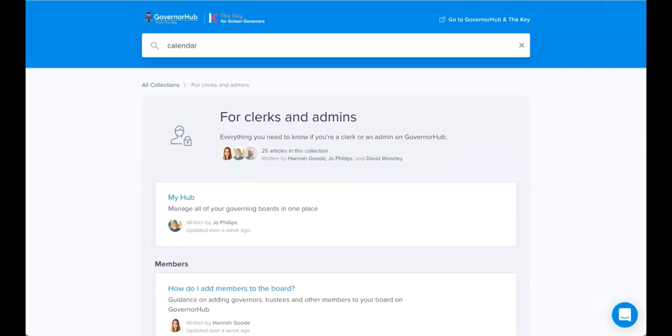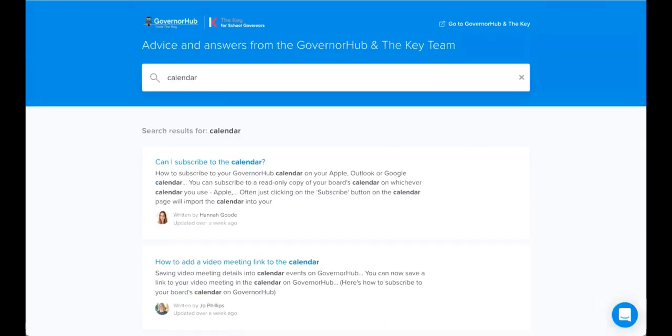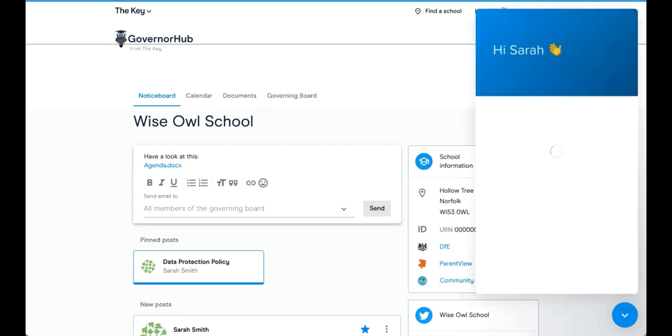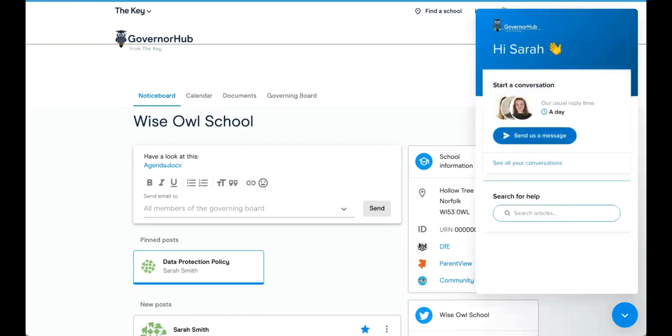So if you wanted help specifically on the calendar, you can search and hopefully find the article that you need. As I say, do recommend to your governors that they head here first. If they get stuck using GovernorHub, hopefully it's got the answer that they need. But if not, if you can't find the answer that you were looking for, on every page on GovernorHub in the bottom right hand corner, there's this little blue chat bubble. If you click on that, you can send us a message here and that will come through to